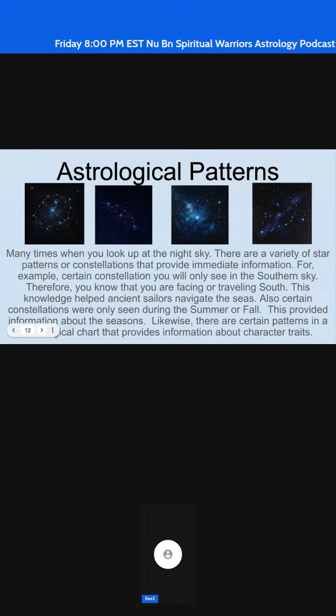Likewise, there are certain patterns in an astrological chart that provide information about character traits. And this will be very helpful as you begin to interpret charts, so you begin to star track and read charts yourself. So we're coming close to that point, provided that you're doing your studying,